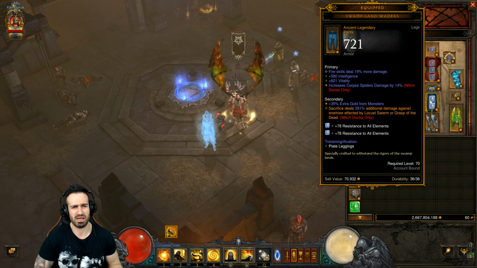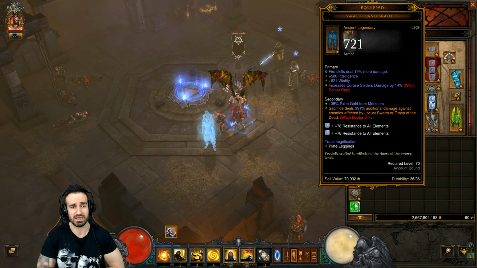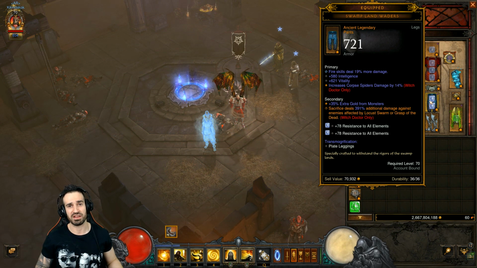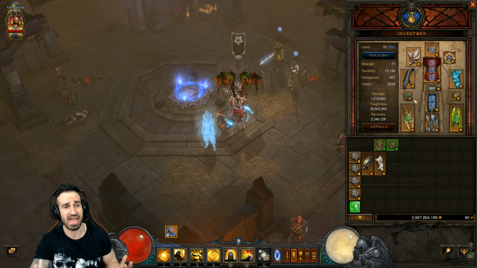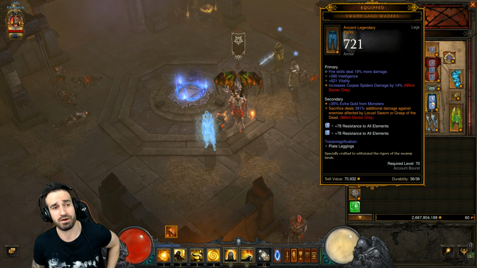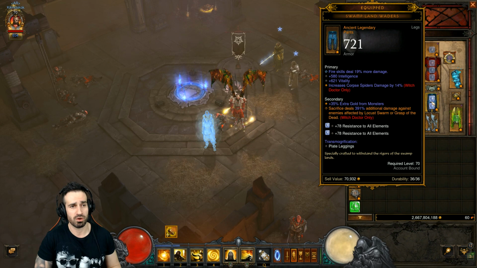However, you can go with another legendary pants item as long as they're ancient, but this is the best in slot, just so you're aware. But also be aware that you have to have a witch doctor leveled up to 70 in order to just have a chance on getting these pants. So what you want to do is probably get a friend or a clan member to power level your witch